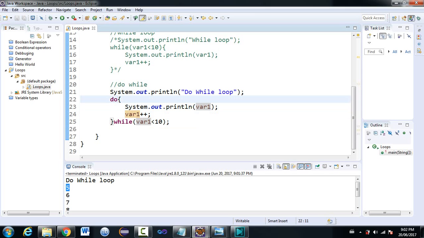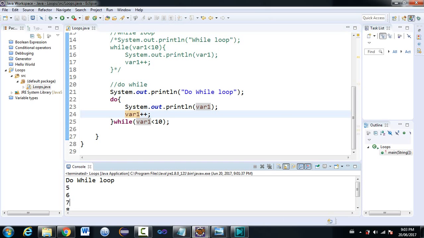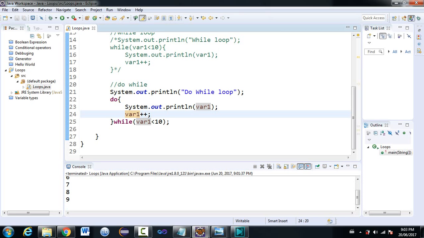All right, the do block runs again, outputs 6, and then increases it, 6 becomes 7. Is 7 inferior to 10? Yes, it does the same thing for 6, 7, 8, 9. When this becomes 8, is 8 inferior to 10? Yes, it comes here,